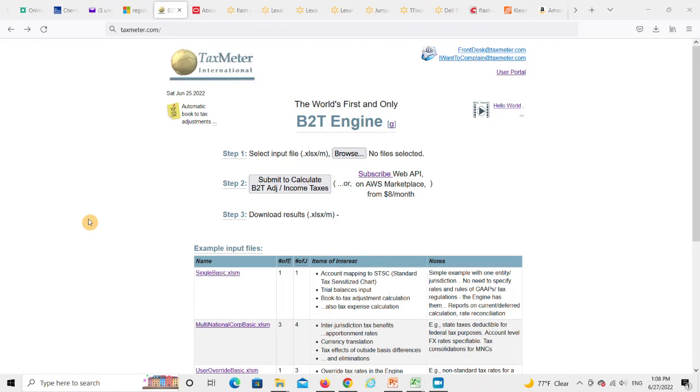Hello, we're going to show the output data from the B2T engine on the BEAT tax, or the base erosion and anti-abuse tax in the US. We know that a company can shift its taxable income to foreign countries by deducting its expense payments to foreign countries. The BEAT is a minimum tax mechanism to ensure that if a company's regular tax liability is too low due to those base erosion payments to foreign countries, the company would still have to pay a minimum level